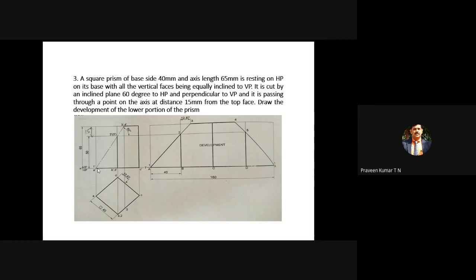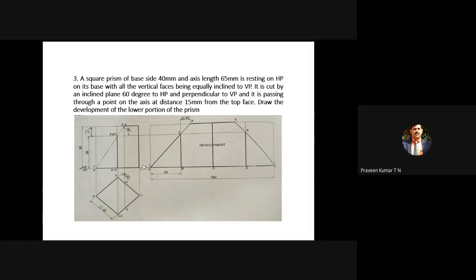We can see here we have only one inclined line that makes a 60 degree angle. That is nothing but the cutting plane. So above this line, everything is removed from the solid. The remaining portion you have to make dark. This portion is already removed, so only the remaining portion you have to make dark. Initially, you have to draw the square with a thin and light line. Then there is a cutting plane. You are not just developing, you are cutting some portion of the square prism. Then for the remaining portion, you go for the development.